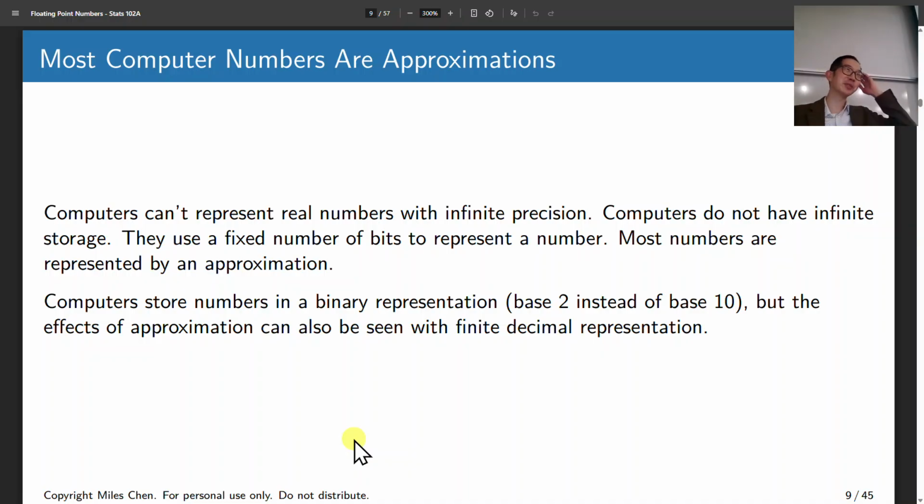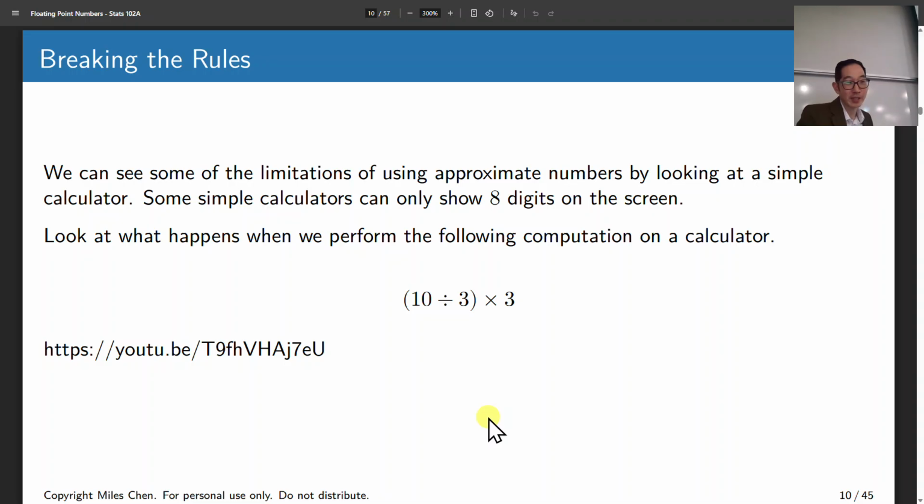There are petabytes, and I don't know what's above a petabyte. There's lots and lots of storage, but that's not infinity, and then we would consider it a waste of all of the world's computing resources to try to represent one number, okay? But yeah, it cannot be done. We just have an approximation, and we generally say, okay, 16 decimal places of precision. That's good enough, all right? And yeah, it's good enough. It's good enough to send rockets to Pluto, okay? And that's what we have. Okay, so